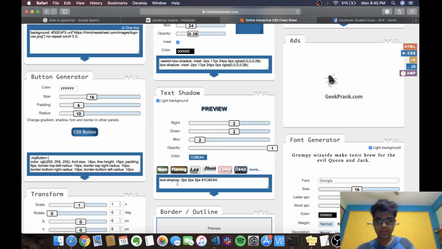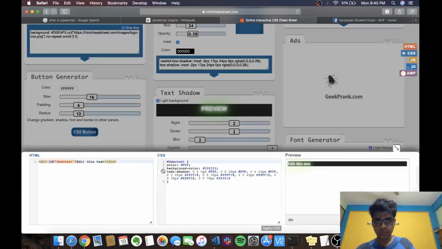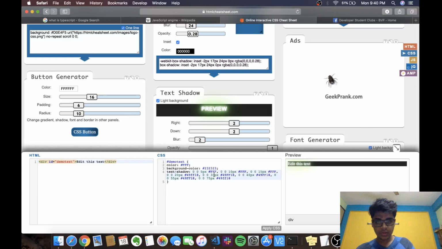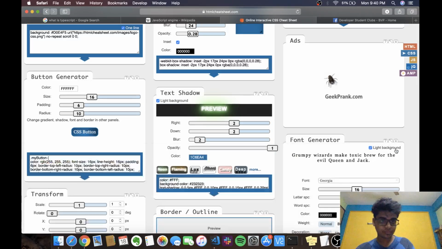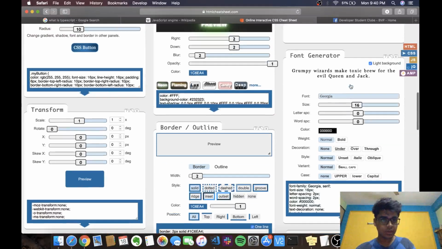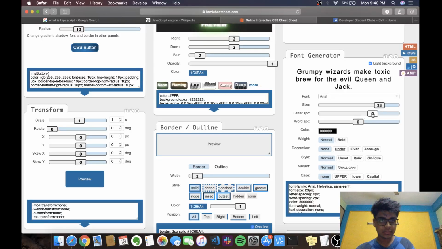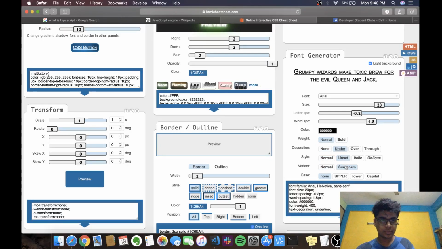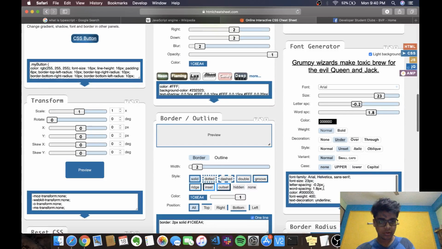Alright, same with the text shadow. The text shadow property works like this. You can choose some default styles here, and it will pop up a window, and these are the properties. About the font, you can select the font from here and change the size, letter spacing, how spread out or how close the letters should be, word spacing, how spread out the words should be, the color, the weight, bold and normal, decoration, underline, style, variant should be small caps or normal, case, uppercase, lowercase, and simultaneously the code also changes. So as you can see, there's a font family which basically states this thing,